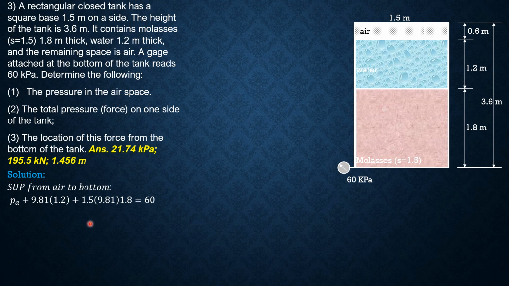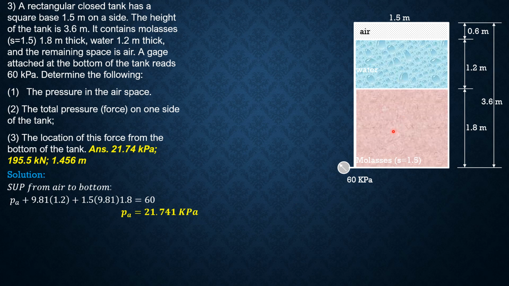So solving for the pressure in the airspace, it is equal to 21.74 kilopascals. So that's the answer to the first question. The second question is the total pressure or the total force or the force acting on one side of the tank. Since this is a